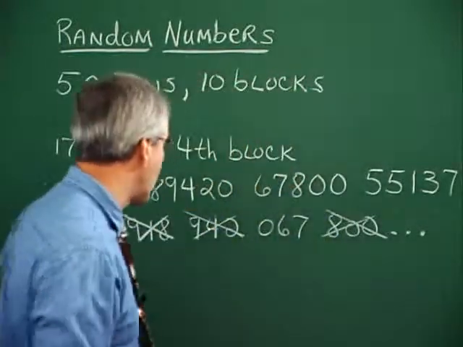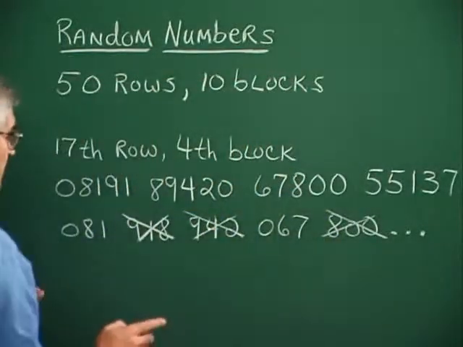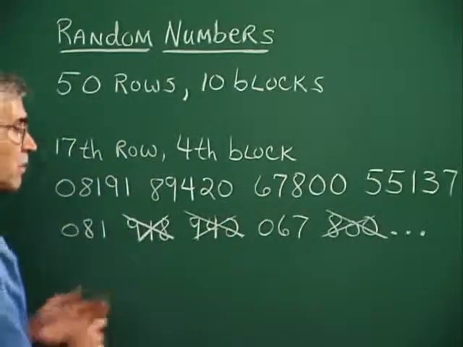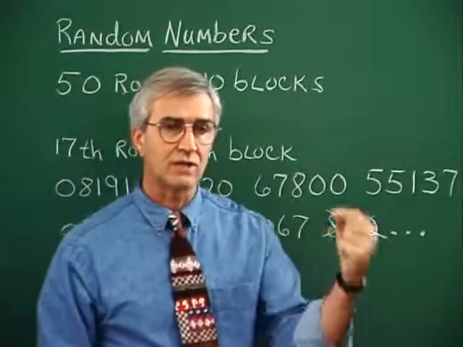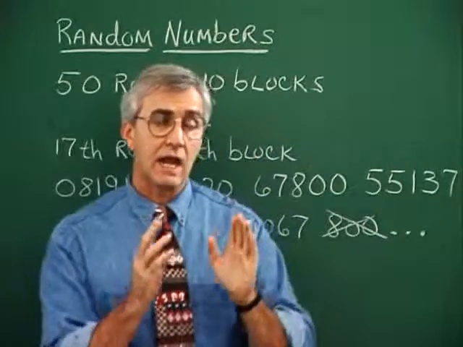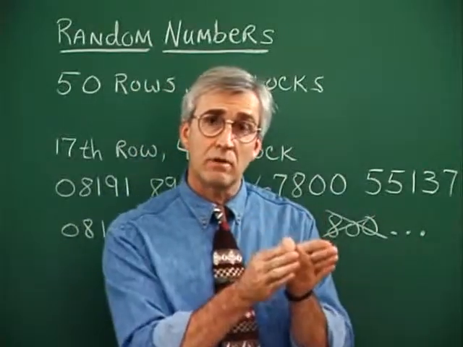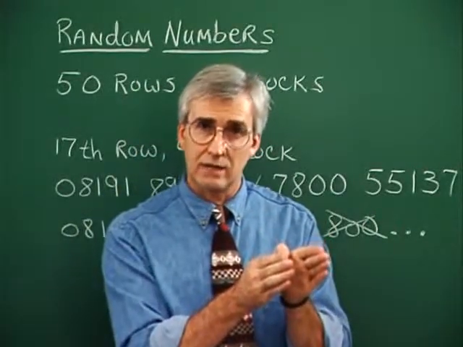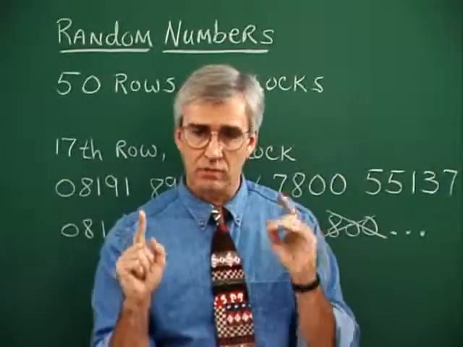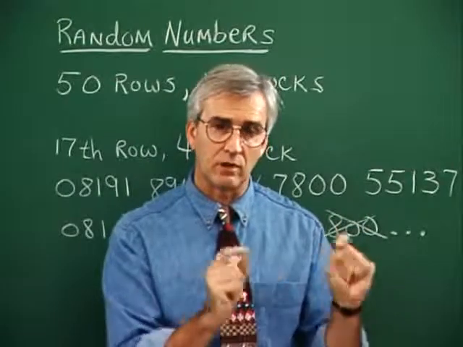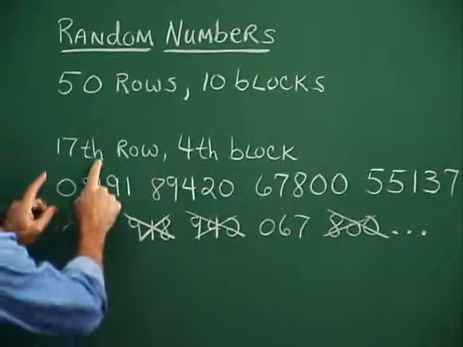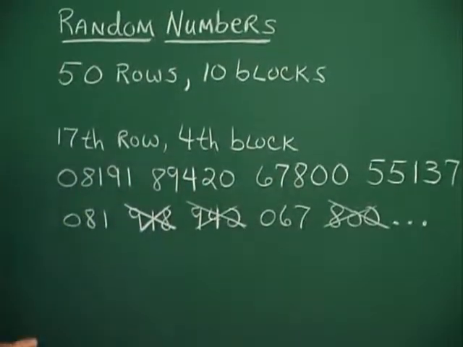If we were, for example, selecting 15 members, a sample of 15 members of a class of 80. Now, if we want 15 members of a class of 80, 80 has 2 digits in it. So we are assigning a number to every member of that class of 80. So we're assigning numbers 1 through 80. Those numbers are associated with names of people. And so what we would do with our random number generator, if we were starting with the 17th row, 4th block, then we would